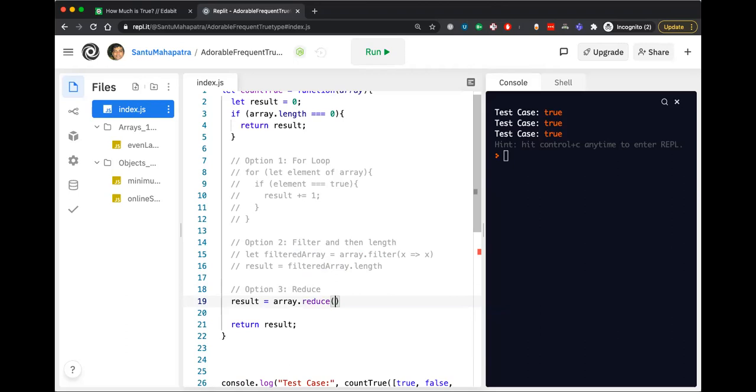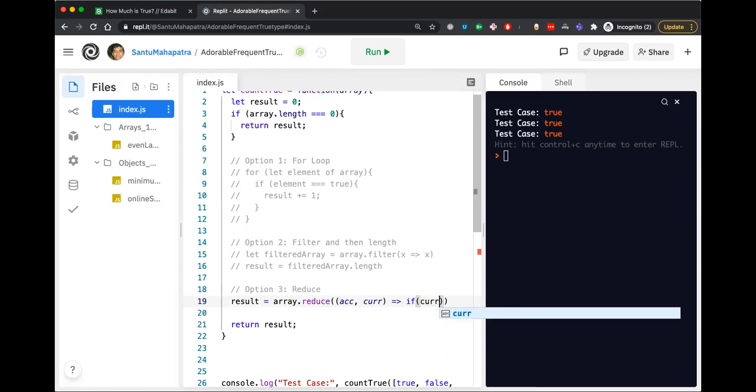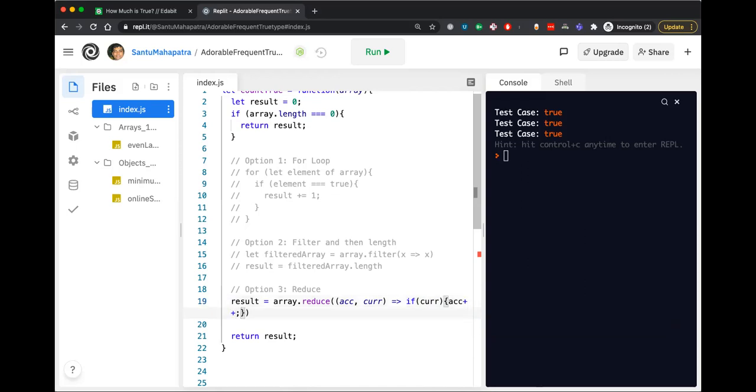It takes a callback function with two parameters, accumulator comma current value. So if current value is true, then accumulator plus plus. That's it. If the current value is true, then the accumulator will get increased by 1.